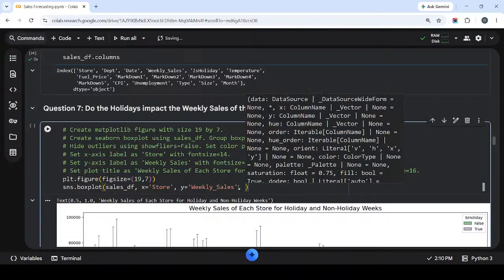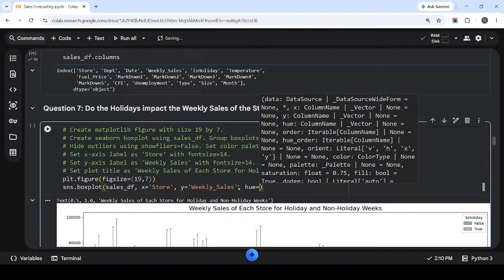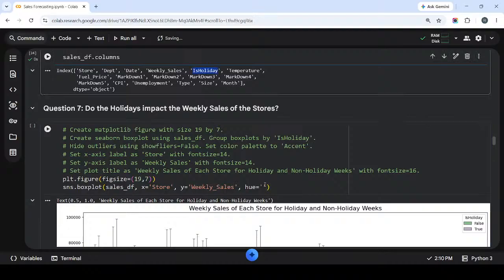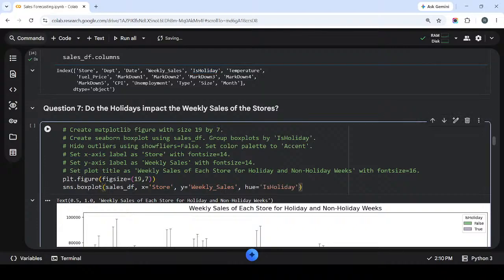For grouping we will use hue, and is holiday is the column, so we will use is holiday. Keep showfliers as false,